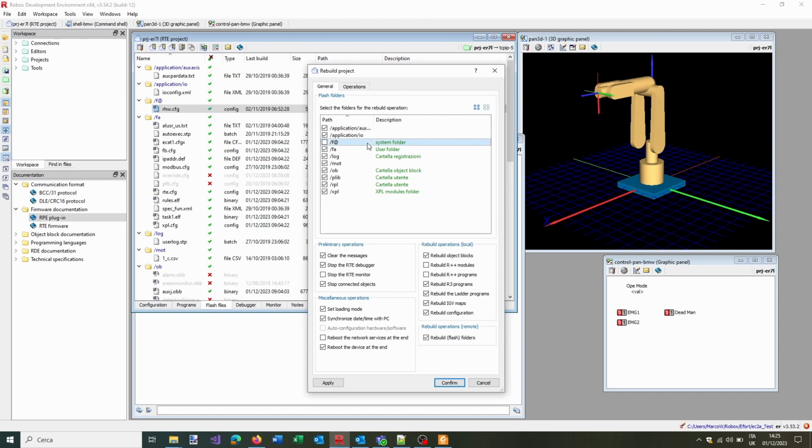That's because I'm playing with my Robox controller directly on my desk and I have no Axioline module connected to it. If I load this kind of RHW, I would see some useless and very annoying alarms telling me that it was expected to see that kind of Axioline module, but actually I do not have. So I just prefer to keep inside the RHW I already have, and that's already a good one for simulation. Together with this, I also do not want to make the rebuild to the F8 because otherwise I would erase